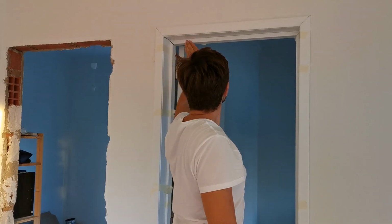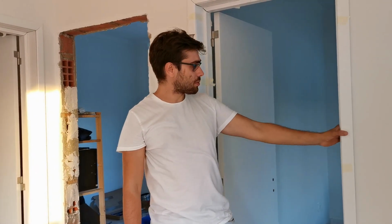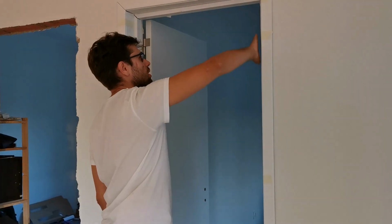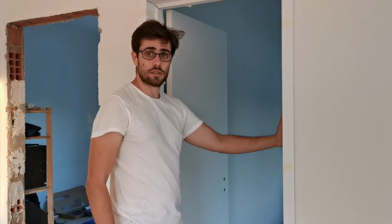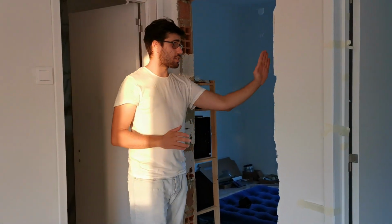The professionals were not very good at this, let's just put it that way. So, yeah. Any tips for anyone who is gonna do that for the first time? Hire someone to do it. The tip is, if we would do it again, while we had a big mess in the house, just make sure that your door openings are exactly the size that you need for the door that you want, or slightly bigger, and then all the walls straight and nicely ready to go. Because putting the door, if this were all straight, wouldn't be that difficult. It's just the situation that we have here. I didn't think this would be a big issue because we were putting the same door size as we had,